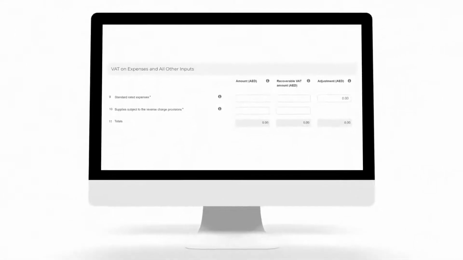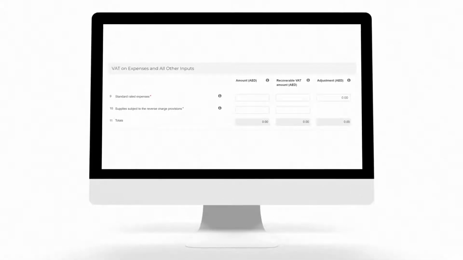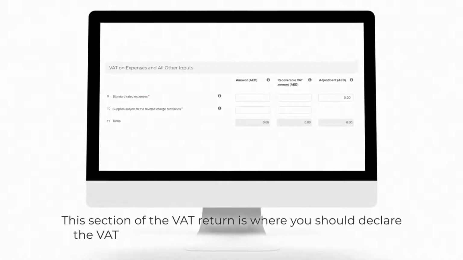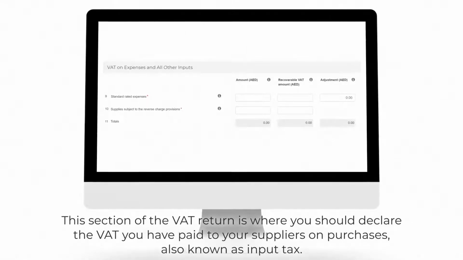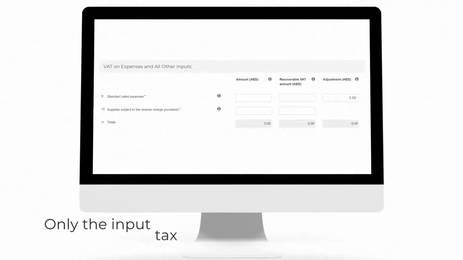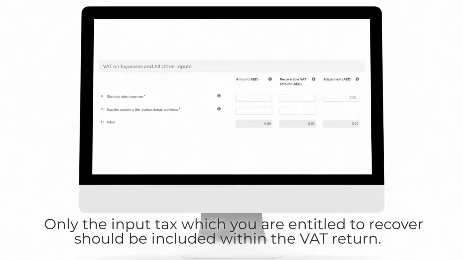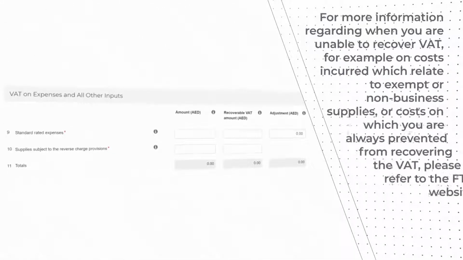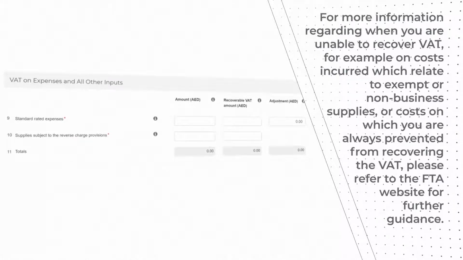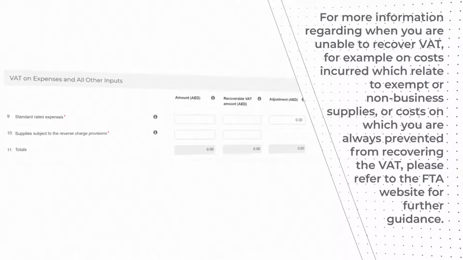The next section of the VAT return is headed VAT on expenses and all other inputs. This section of the VAT return is where you should declare the VAT you have paid to your suppliers on purchases, also known as input tax. Only the input tax which you are entitled to recover should be included within the VAT return. For more information regarding when you are unable to recover VAT, for example on costs incurred which relate to exempt or non-business supplies, or costs on which you are always prevented from recovering the VAT, please refer to the FTA